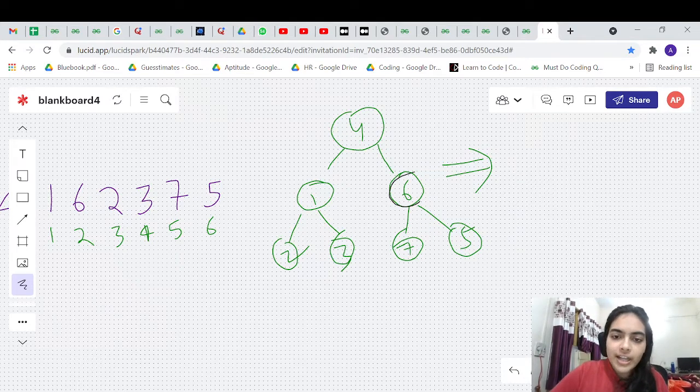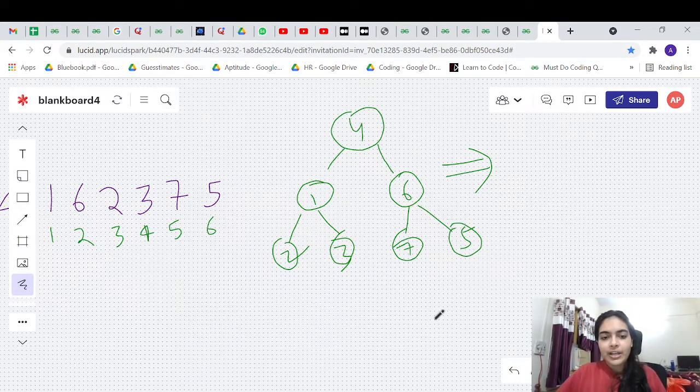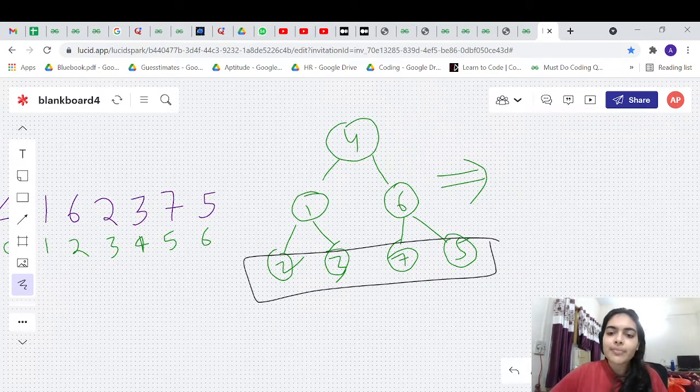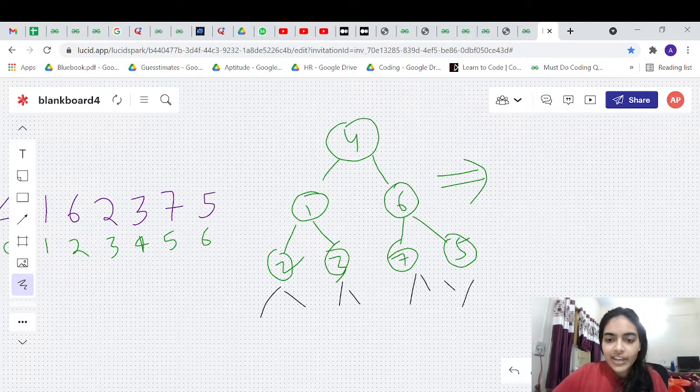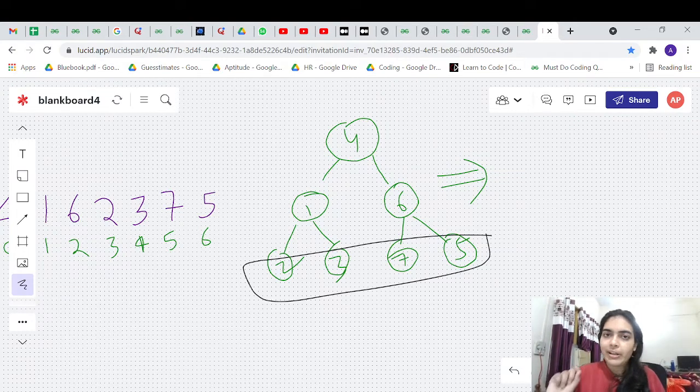Okay, now let us come to this node. So we are going backwards, right? We are going backwards and trying to see at each step, trying to convert it to max heap. All these 4 nodes are already max heap. All the leaf nodes will always be max heap anyway, because they don't have any children. So you need not even see the leaf node. They will be max heap.